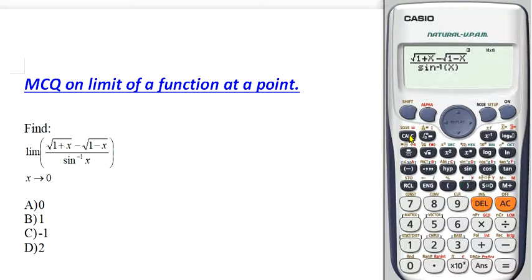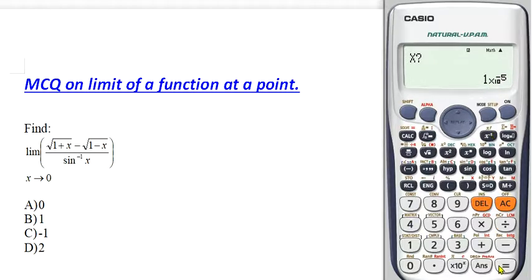Okay, and then press the calc button here, the calculation button, and here the input is required. The value of x according to the limit. Here the limit is x approaches 0. This means the value of x should be very close to 0. Okay, let me just give the input 0.0001, which is very close to 0. Here the result is exactly 1. This means 0.0001 is the value which is very close to 0 from the right hand side.